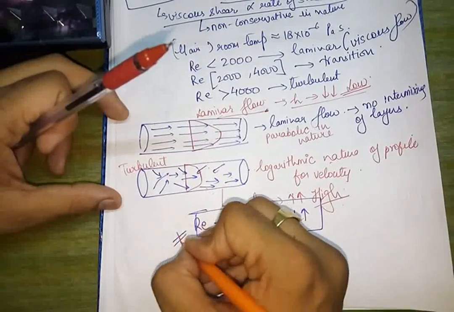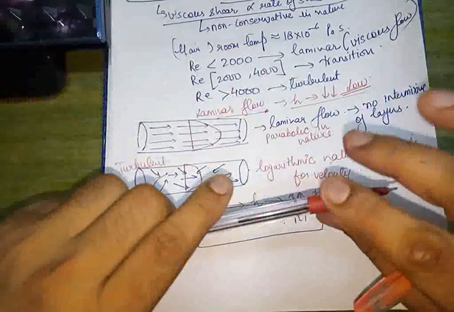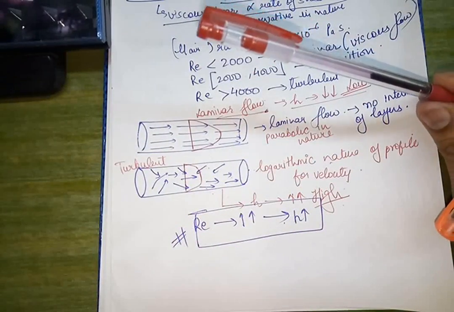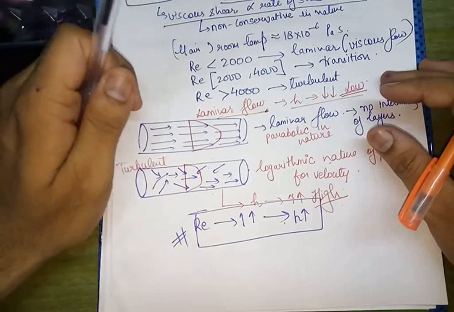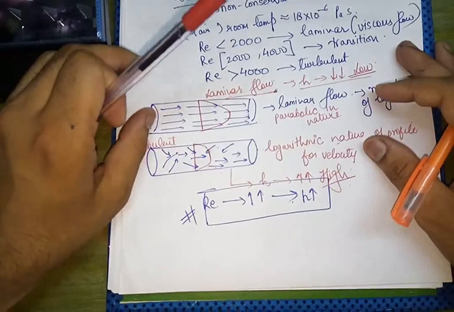तो ये भी डेटा हम याद रख सकते हैं कि रेनॉल्ड्स नंबर को अगर हम इंक्रीज करेंगे तो कन्वेक्टिव हीट ट्रांसफर कोफिशिएंट की भी वैल्यू हमारी इंक्रीज करेगी. Now we will discuss the flow over flat